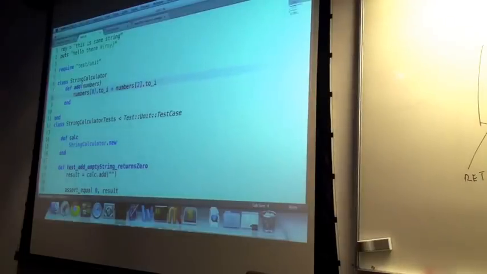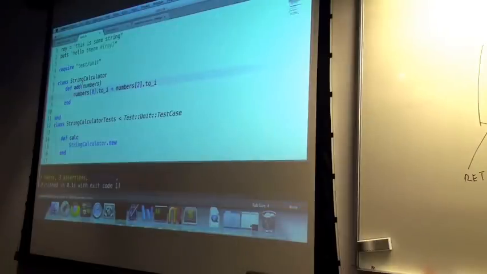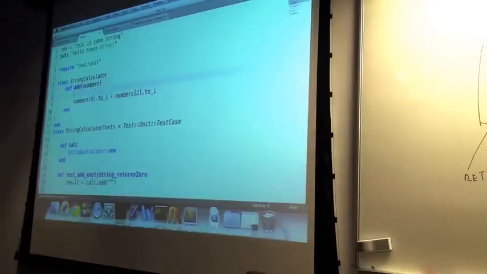What if I know that I have 2 numbers, there's only a single character, and I know there's a comma between them? Maybe I can make it past this time. Although, when I do this, I'm failing all the previous tests. So I have to account for the fact that I might say, return numbers, and this is cool, you can do this in Ruby, return numbers